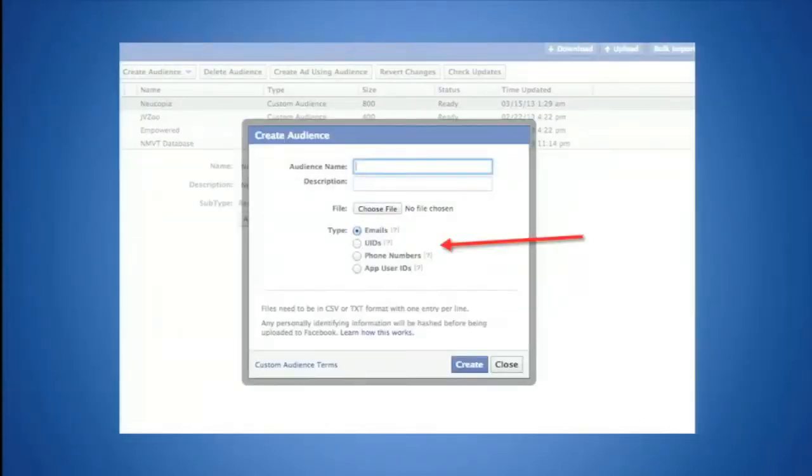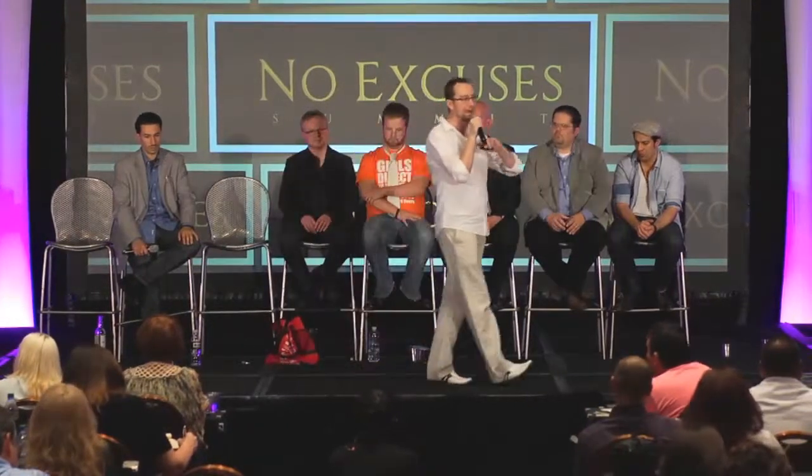There are 3 different things that you can upload here. You can upload emails, phone numbers, or user IDs. With emails and phone numbers, download your Google Contacts or your AWeber list and upload the emails. It's going to look, and if there is a matching Facebook profile with that email, that's going to go in your custom audience. They'll be getting emails from you, but they're also going to be getting Facebook ads from you. Who thinks that's pretty cool?